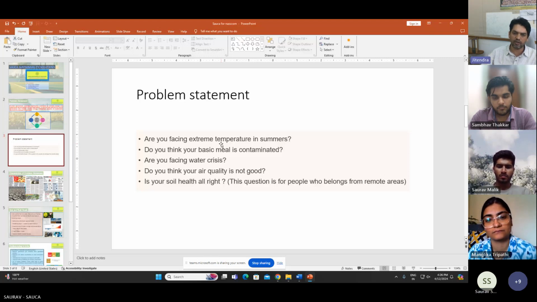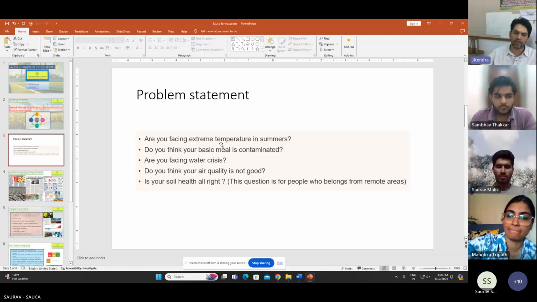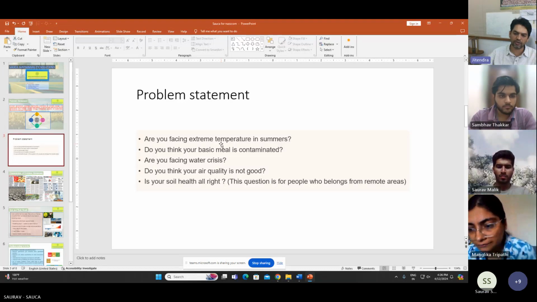This problem has been there for almost 20 years now. For the last 15 to 20 years we have been talking about this problem, which is causing a lot of issues, discomfort, health complications, and disruption in air traffic and train traffic because of the fog. Why has this problem not been solved so far?